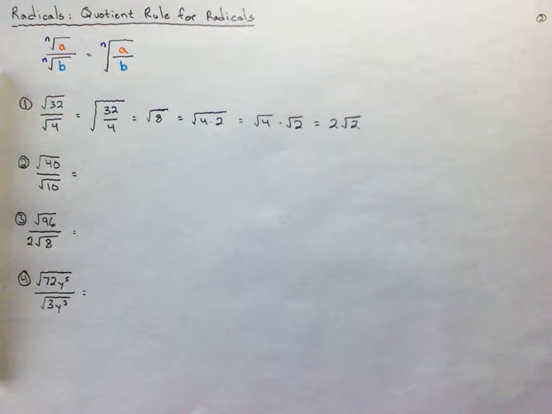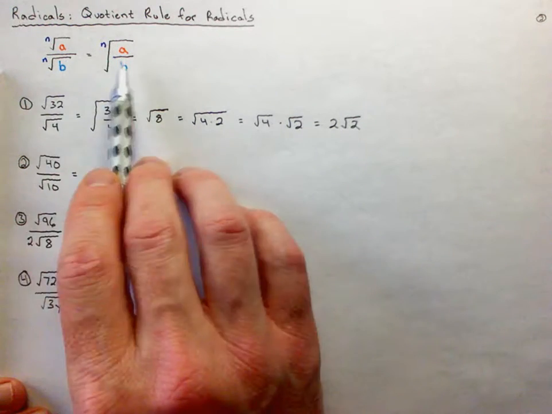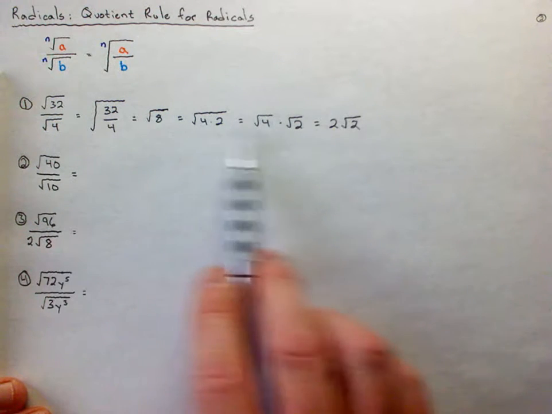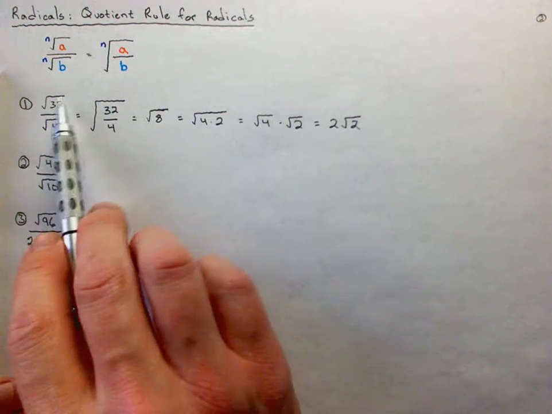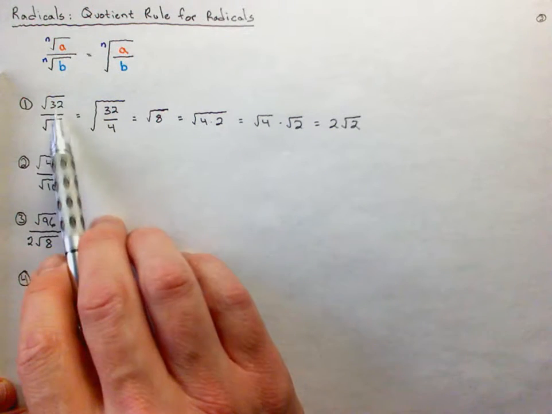Hello everyone, we're going to work some examples using the quotient rule for radicals. Written at the top of the page is the formula that we'll use. It can go back and forth, and we also incorporate the product rule to be able to simplify these expressions. So the first example that I have for you is the square root of 32 divided by the square